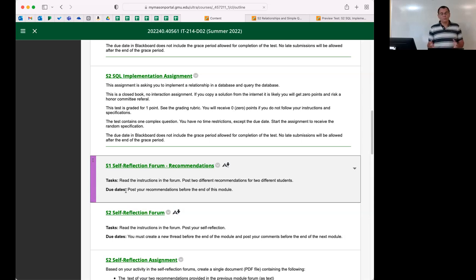So, and it's hard to synchronize. And just to be sure that you don't forget, I put this link here. Sure, you may consider this part of the S1 module, and it is. The S1 self-reflection forum is in a way part of S1, but it will be posted here and graded here because